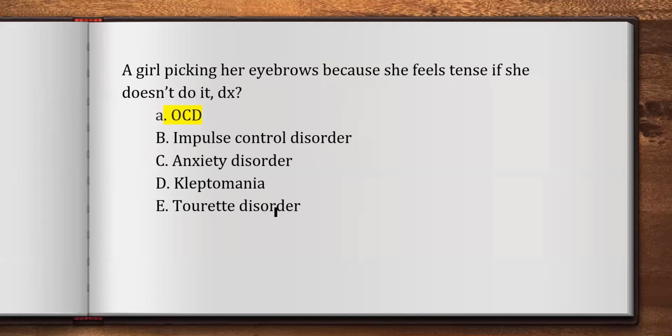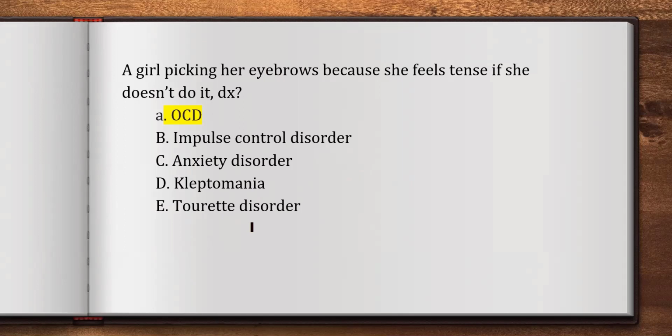But again, if trichotillomania is in the option, we will choose that one. Kleptomania is a condition in which a person feels anxious when they cannot steal from others. So it's a disorder of stealing, and usually it's not very rich objects, it's small petty things they steal. Once they steal those smaller objects, they feel their anxiety is relieved. So that's your kleptomania. It's not trichotillomania. Anxiety disorder doesn't fall into that.